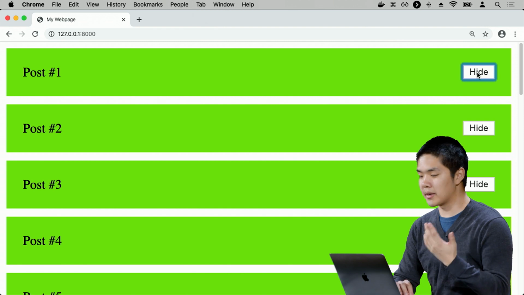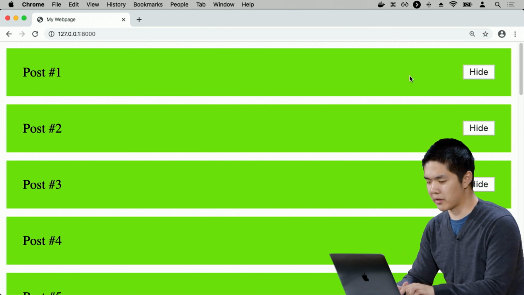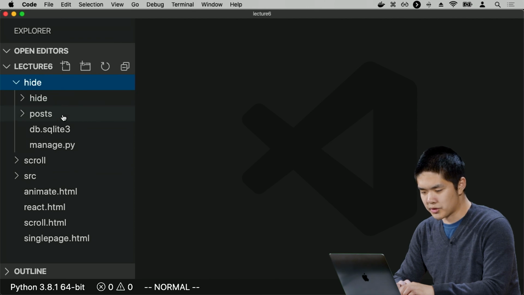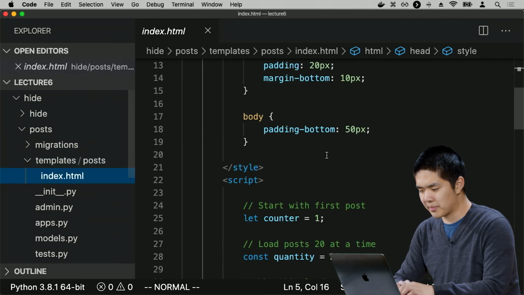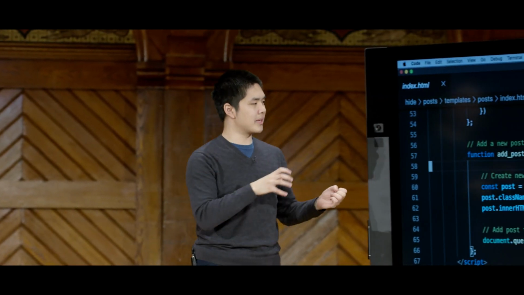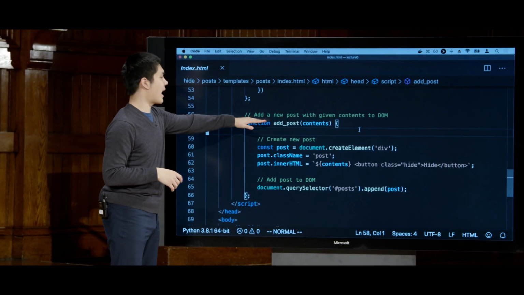Right now, clicking the hide button does nothing. We'll go ahead and implement that in just a moment. But first, to see how this worked, if you go into hide, go into the index.html template, the only change that's been made here is what happens when I add a new post. Recall again that what this application does is it loads posts from a server. And then when it gets those posts, it loops over each of the individual posts, which is just a string of text. And it adds that string of text inside of an element onto the page via this add post